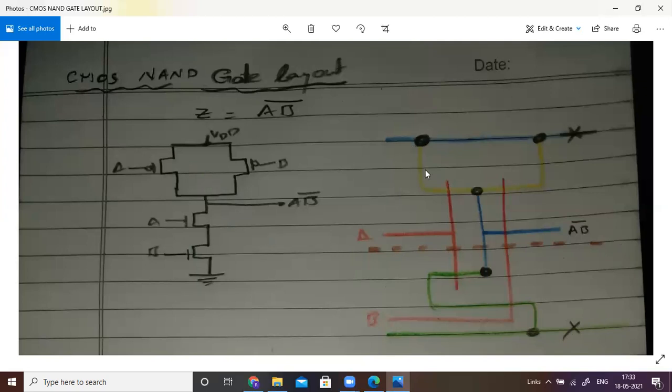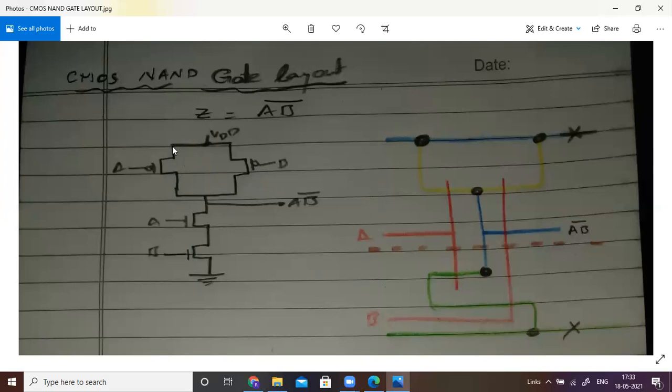Okay, so this is metal one and this is metal one. So, a horizontal line like this. Above the demarcation line, we have P-type transistors. Below the horizontal line, we have N-channel FETs. And because the P-channel transistors are connected in parallel, in the same way you can connect the layer like this. Just connect the layer.